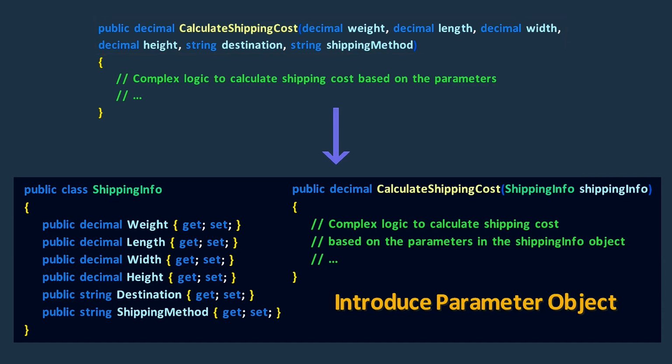Grouping all the shipping parameters into one class makes the method much cleaner. The best part is the method itself can now just focus on calculating costs without all the extra baggage. By extracting those details out, we've made the code way easier to understand at a glance. Okay, let's look at another example.